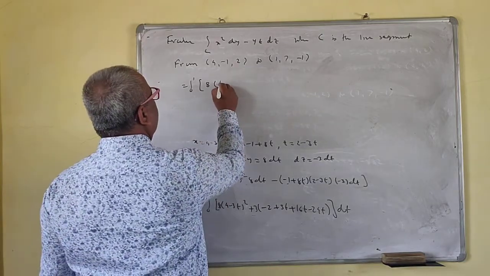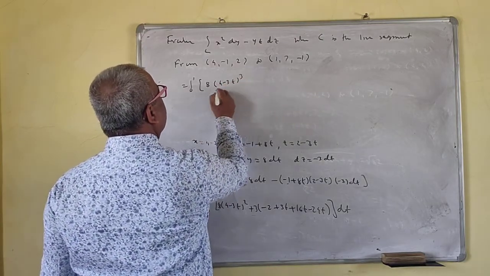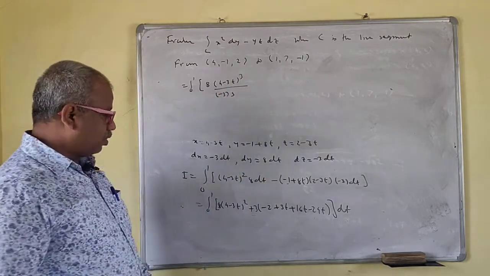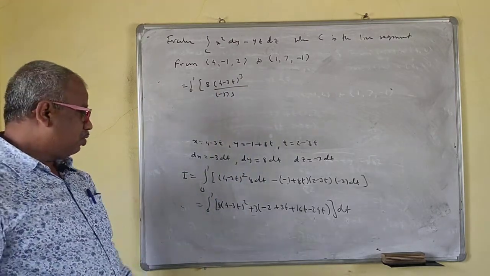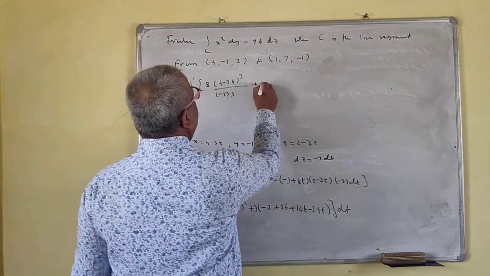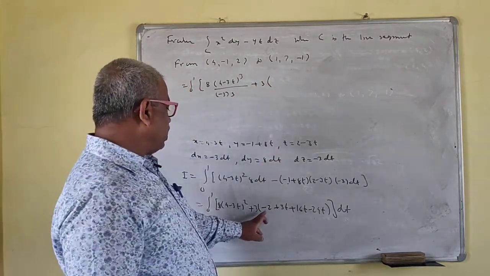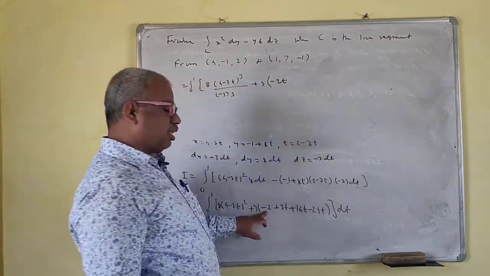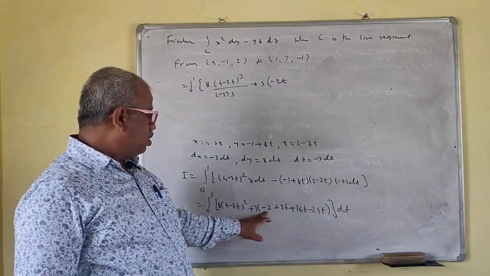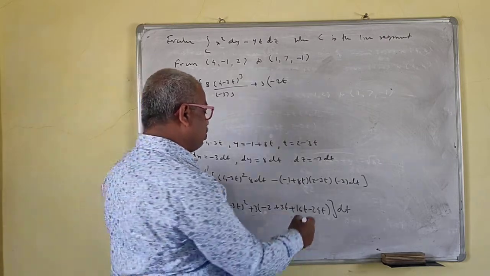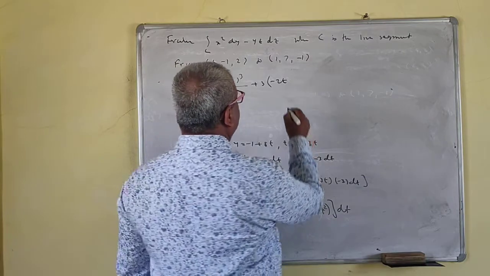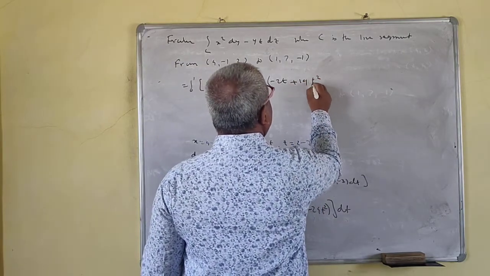This is what then? 4 minus 3t cube upon minus 3 into 3, upon the coefficient of t now. So plus 3 into, okay, what is the constant here? Constant term is same here. So this is what? Minus 2t. Integration of minus 2. We have to integrate this. We'll collect the t now. This is 24t square. So this is what? 19t. So plus 19 t square by 2